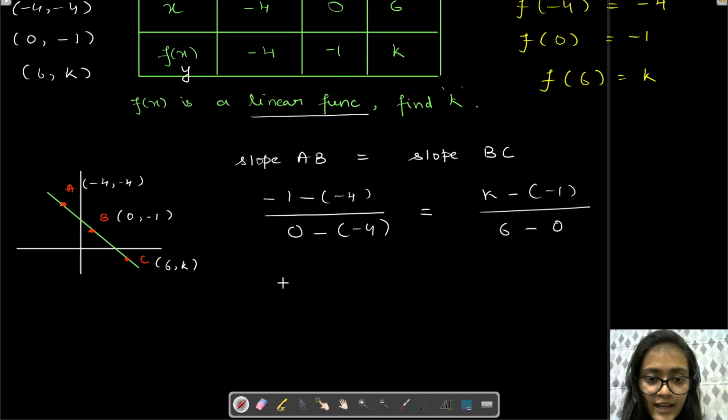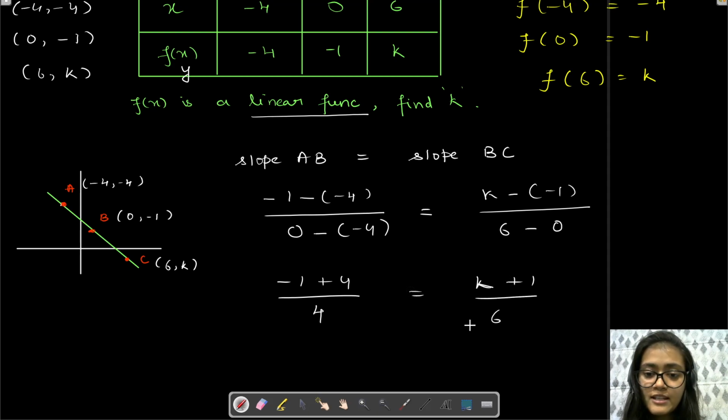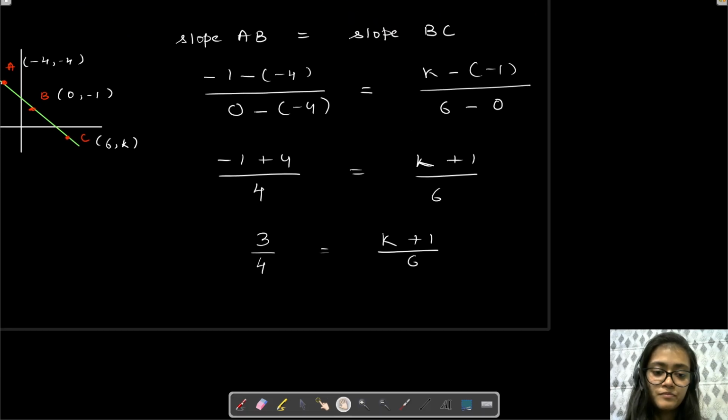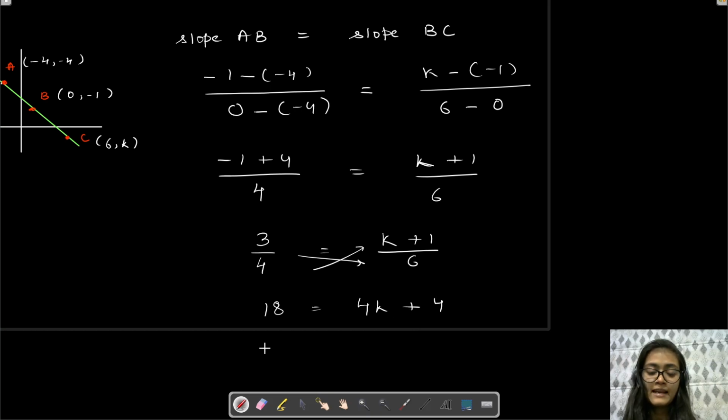So first we have negative 1 plus 4 over 0 plus 4, which is 4, equals k plus 1 over 6. Let's simplify this. Negative 1 plus 4 is 3, so 3 over 4 equals k plus 1 over 6. Let's cross multiply this. 3 times 6 gives us 18, and 4 times k plus 1. So distribute 4 to k plus 1, so we'll get 4k plus 4 times 1 is 4. Now 18